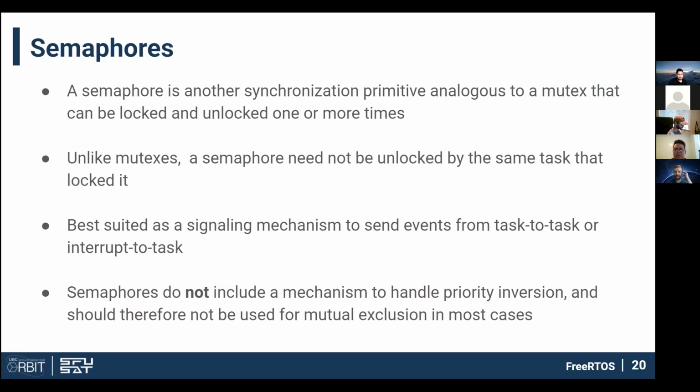So yeah, this is probably a bit of an information overload, but the main takeaways are: a semaphore is a signal, right? You use it to synchronize tasks or interrupts, and a mutex is for mutual exclusion. You use it as a lock to guard some region of code. So any questions up to this point? No. Okay, moving on then.